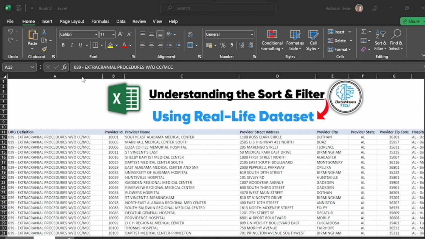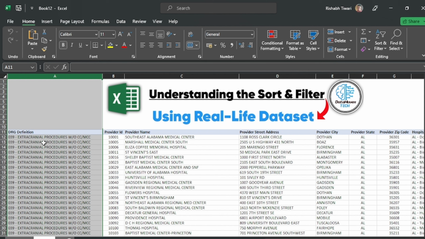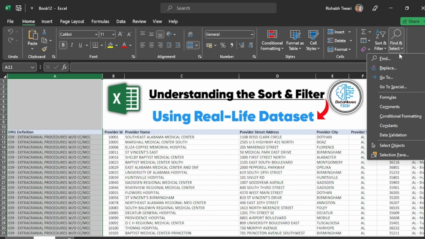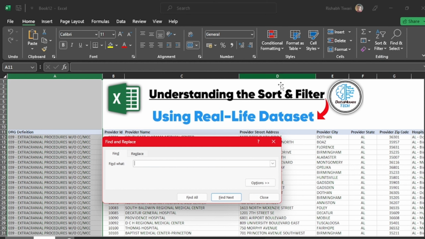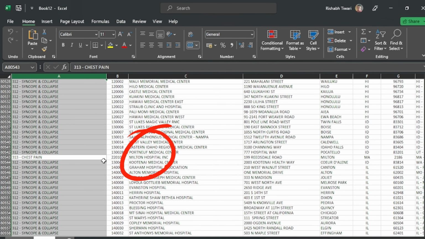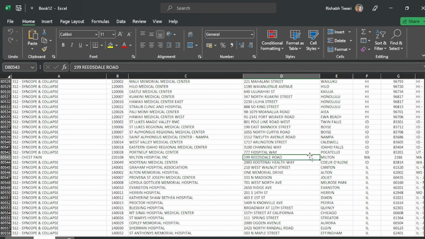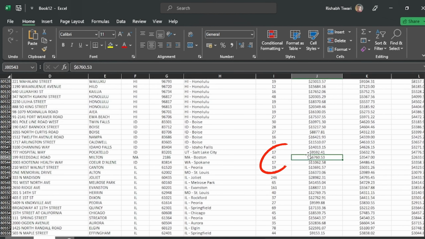First select the DRG definition column like this, then click on it, and now click Find. Now we will search for chest, so type chest and Find Next. As you can see, this particular hospital provides chest pain treatment, and the total patients treated are 43, and here are their treatment costs.